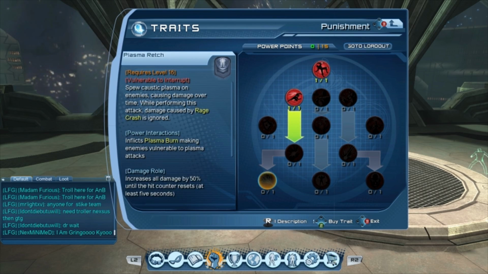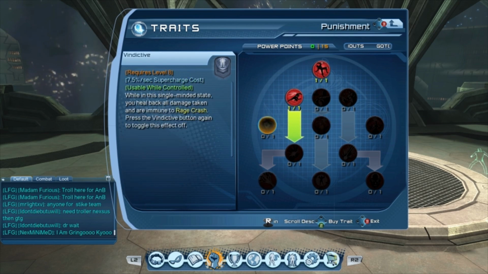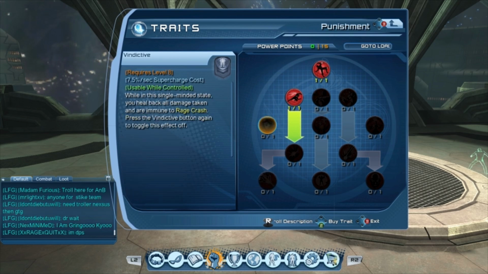So that's the good part of that one. But there's also a lot of effects, or powers, that help you. Such as Vindictive. While in the single-minded state, you heal back all damage and are immune to Rage Crash. Press the Vindictive button again to toggle this effect off, so you can toggle that one off and